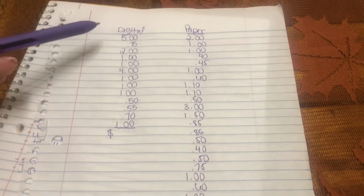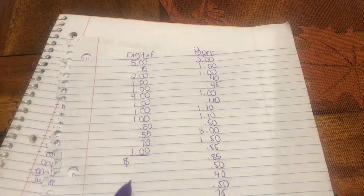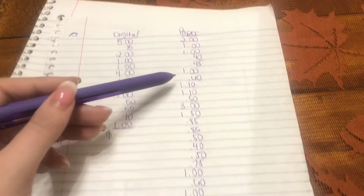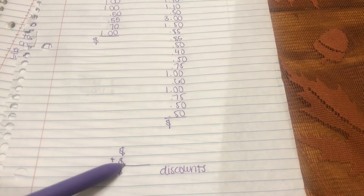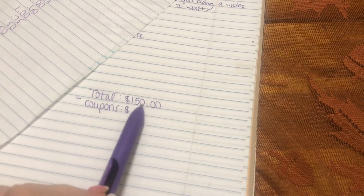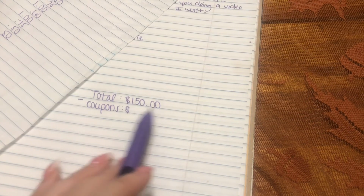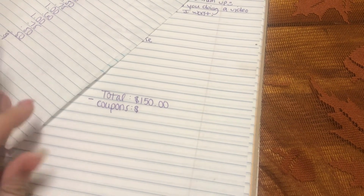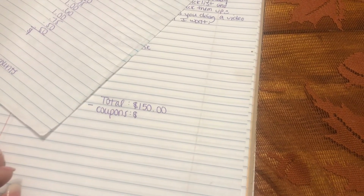So what I did here really quickly is I'm going to add up all of my digital coupons. I'm going to put their total right here, and these are all of my paper coupons. I'm going to put that total here. I'm going to add those together, and that's going to be the total amount of discounts that I'm estimating that I'm going to get. And then this is my rounded total. It's about $150 or so, and then I'm going to subtract the amount of discounts that I get here,